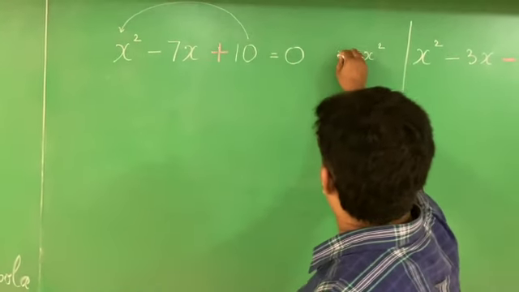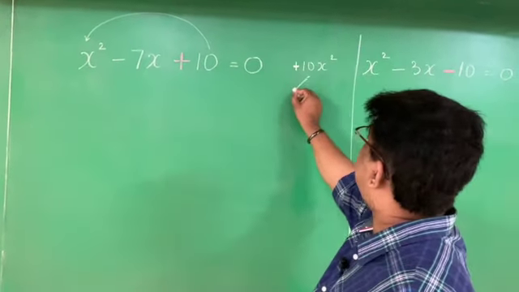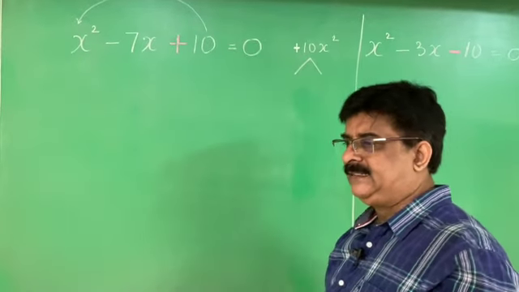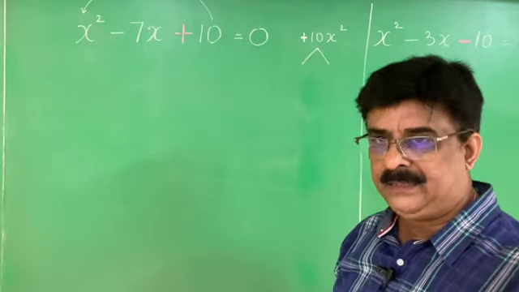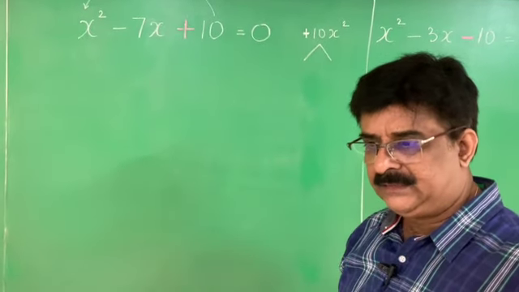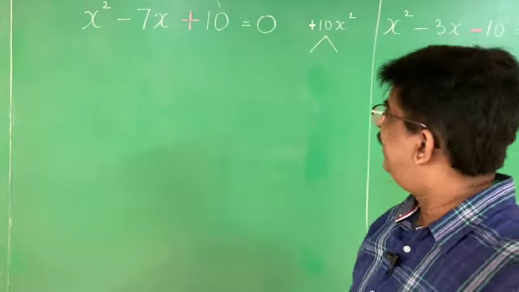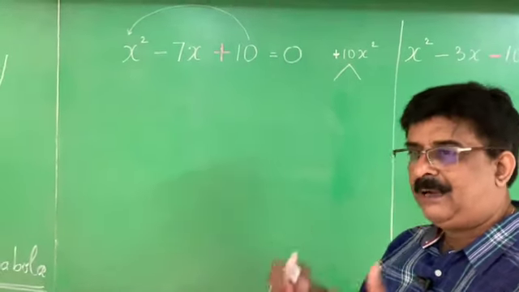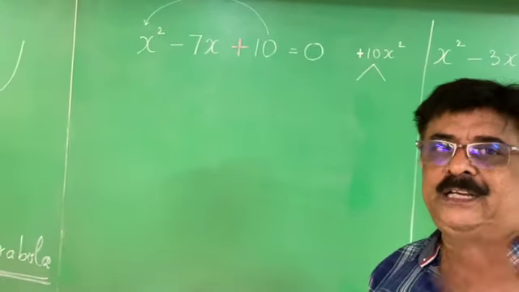When this is plus, you have to add the factors. Now what are the factors of 10? Tell me. Always write, because factorization is one such area people can easily do if you know the tables. If you know the mathematical tables, you can easily factorize. Many children don't know the tables, they have not even completed their 3rd standard. Those people have reached 10th standard, therefore it is difficult for them.